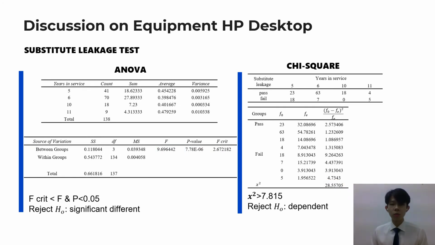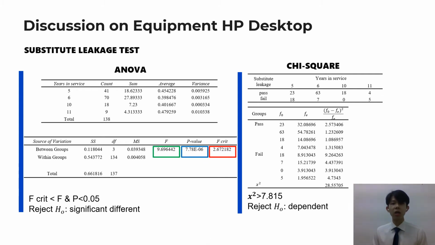This is the substitute leakage test of the HP desktop. The same number of desktops were tested using the PLT tester. The result of the ANOVA analysis shows there is a significant difference among the means in the groups of year in service, because the F critical 2.67 is lower than the F statistic 9.69 and the p-value is lower than